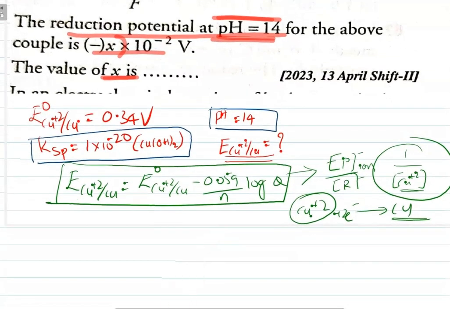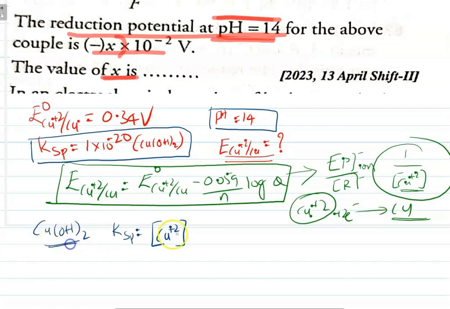Solubility product is nothing but a product of the concentration of the ionic species which are present in that salt. So for example, if it is Cu(OH)2, with OH taken twice, the solubility product is written as the product of the concentration of their ions. The ions present in this copper hydroxide are Cu2+ and OH-, raised to their bases. What are the bases here? There is no base for Cu2+, so power 1. Here the base is 2, so the power is 2. So this is called a solubility product.